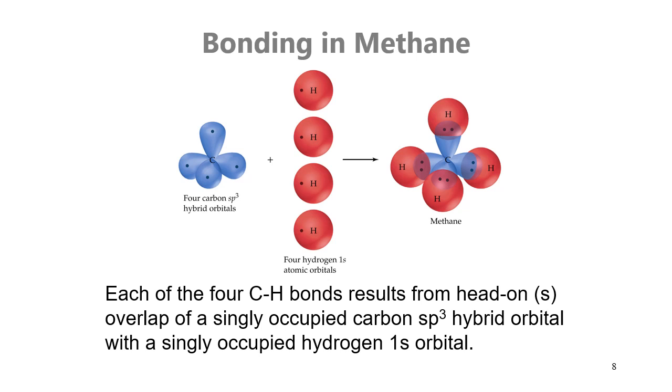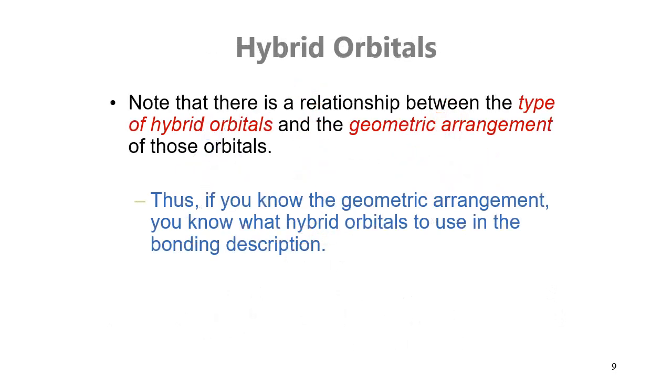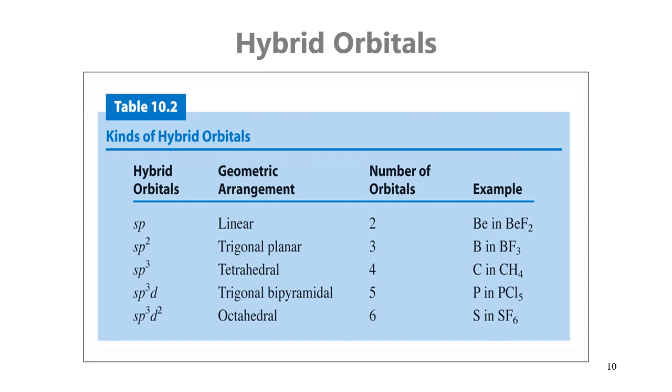On the right side, you can see the orbital overlapping, blue and red loops from different atoms of carbon and hydrogens. We should remember that there is a relationship between the type of hybrid orbitals and their geometric arrangements, and vice versa. If we know one of them, we can predict the other one. This is it. Type of hybrid orbital sp, its geometric arrangement is linear; sp2 trigonal planar; sp3 tetrahedral; sp3d trigonal bipyramidal;